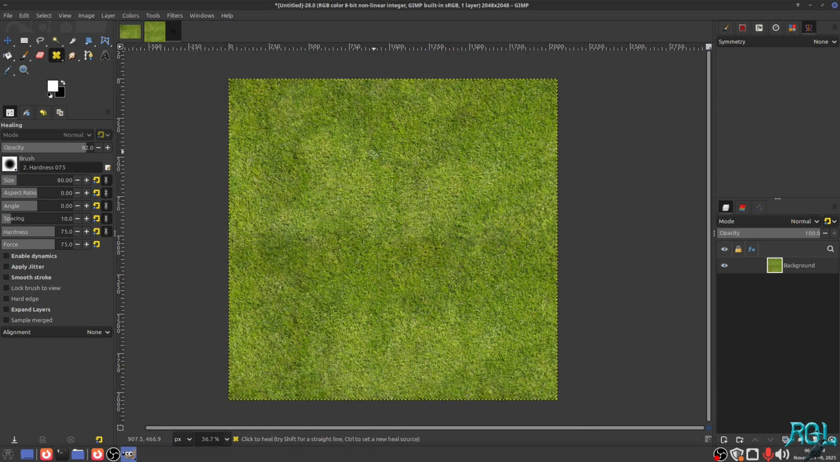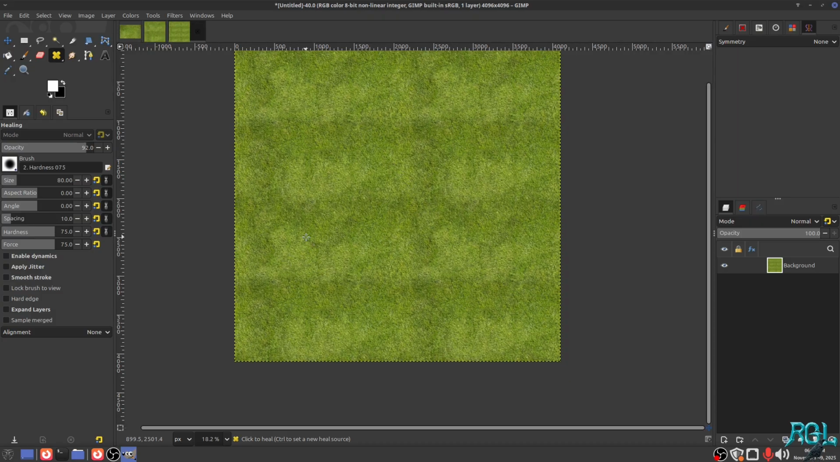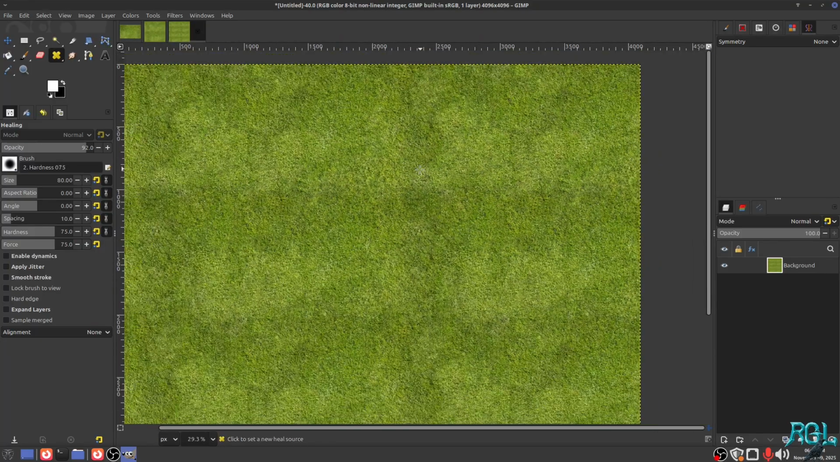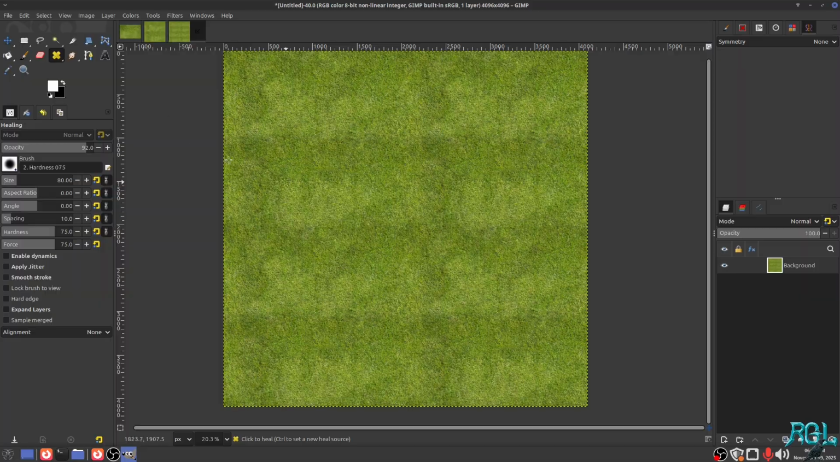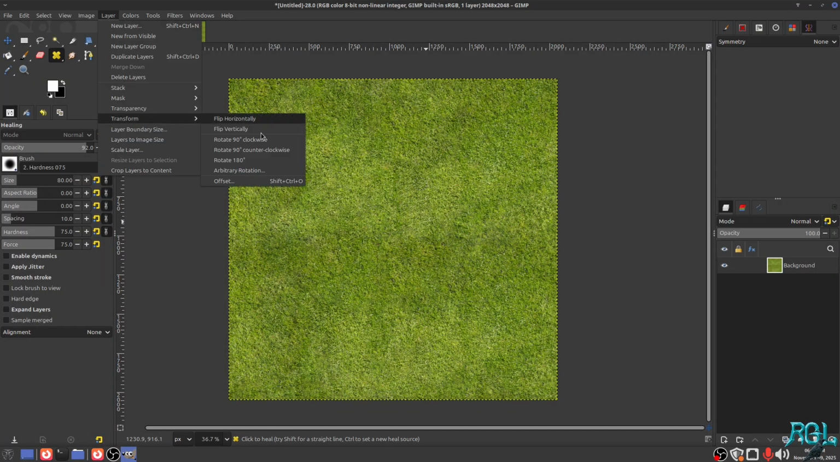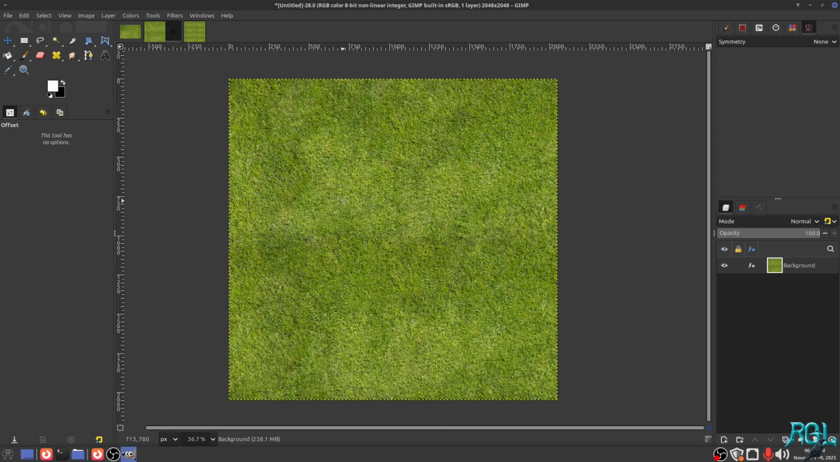Okay. Better. Yeah. I mean, there's obviously still a pattern, but at this point, I think everyone gets the drift. I mean, it is perfectly seamless. At this point, you know, you could do another offset if you wanted to. Okay, maybe